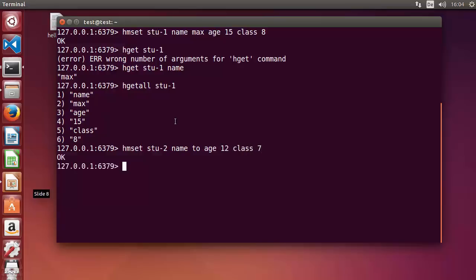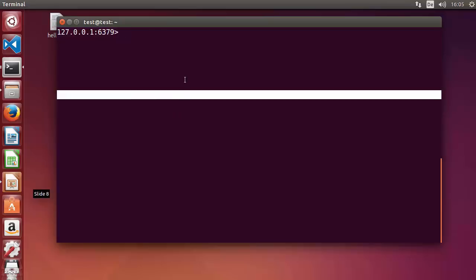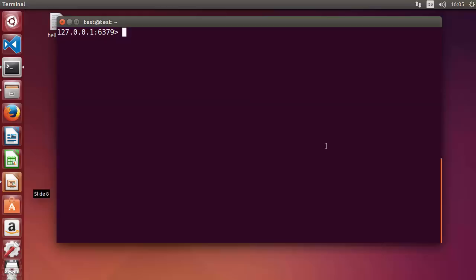Okay, press enter, and once again you can get the information about student 2 using stu-2, right? So let me clear the terminal. In this way you can just set the hash value and get the hash value, right? Now there is one more command, for example, EXISTS, and this will tell you if the field inside this hash